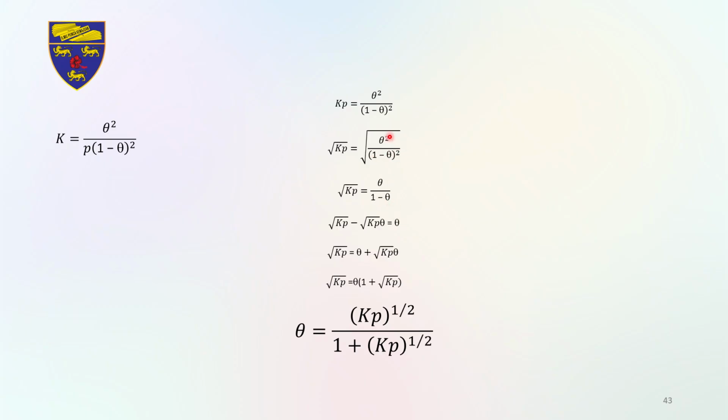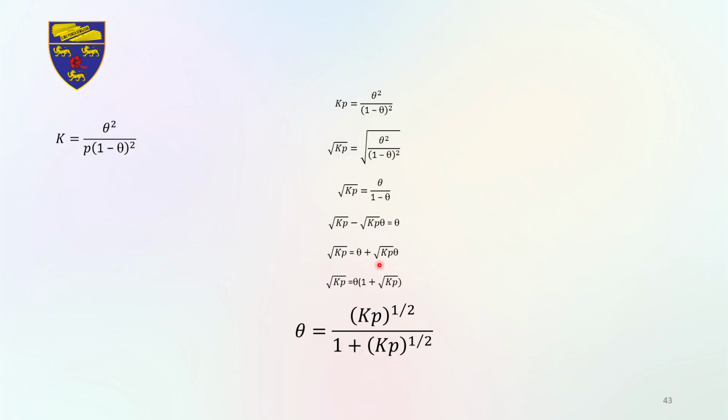We simplify this part here, where you have the square root and also the square, so it will become theta over 1 minus theta. And then we transfer the 1 minus theta to the other side. So we get this one, and multiply with the square root of Kp. The next step is to move the minus square root Kp multiplied by theta to the other side. Then you have square root Kp equals theta plus square root Kp multiplied by theta, and factor the theta